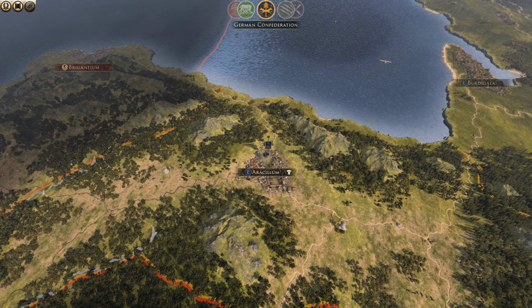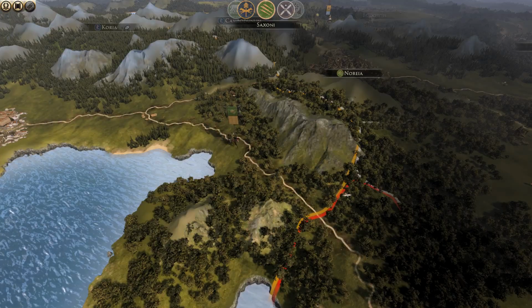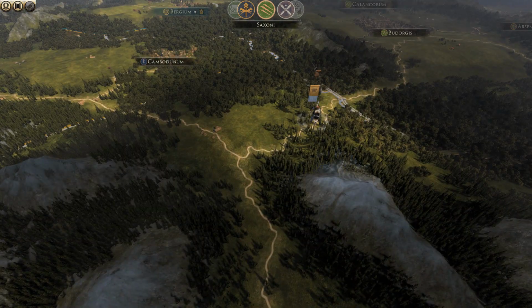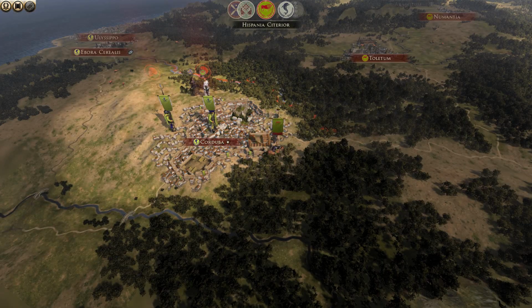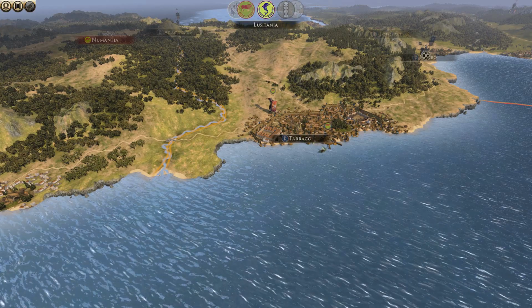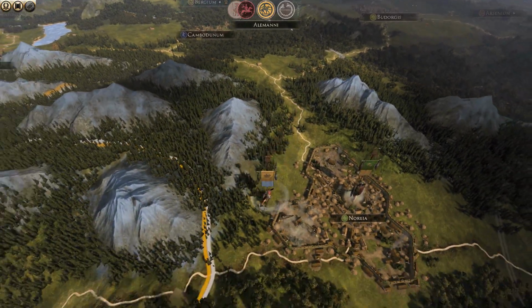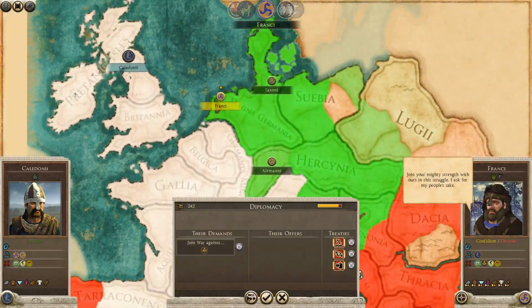And Gallic Rome is doing nothing their turn. I think they're pretty much out at this point. So the Caledoni have completely destroyed almost one of the major superpowers in Western Europe. I would like to know why the Lusitani are having so much trouble. Like, they must just have so many...